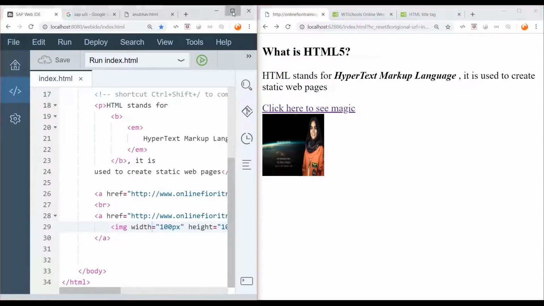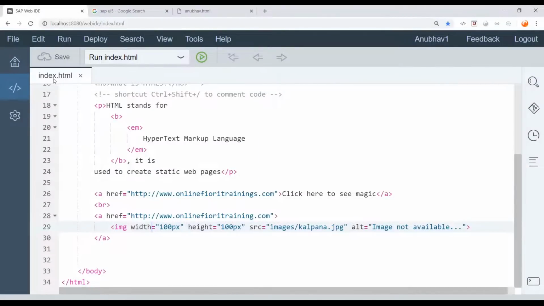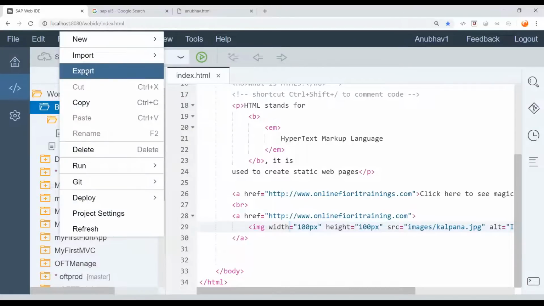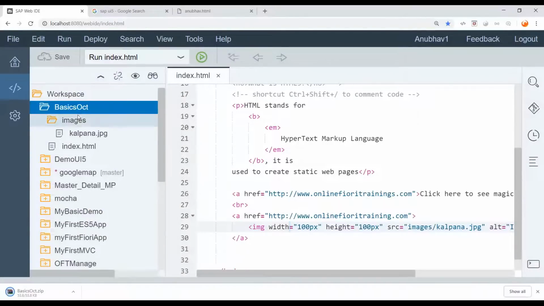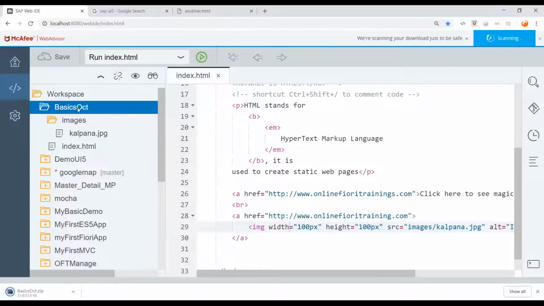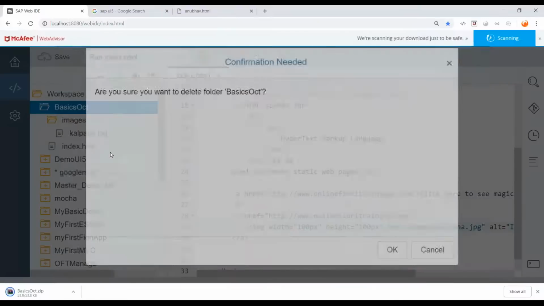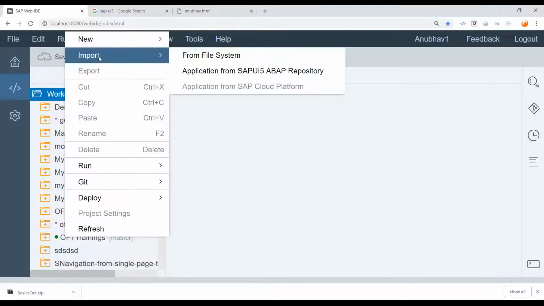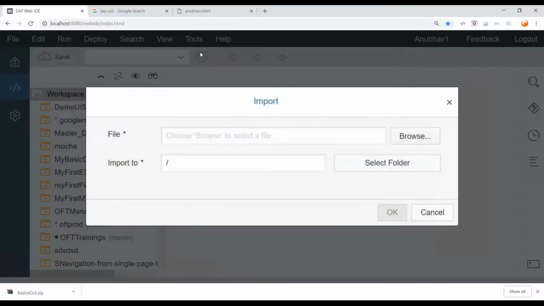Let's also look at how this project will be shared with you. You all can see this code which I'm writing here. I will extract this code and export it from WebIDE. What you have to do in your system is import. Go to your WebIDE, right click on workspace, choose import from file system, go to browse,